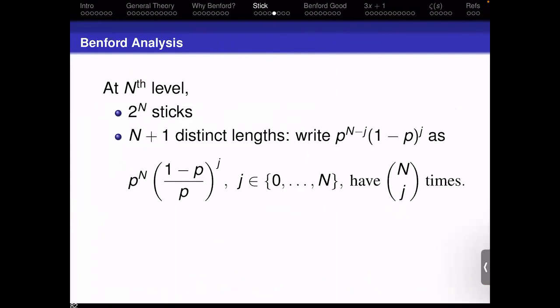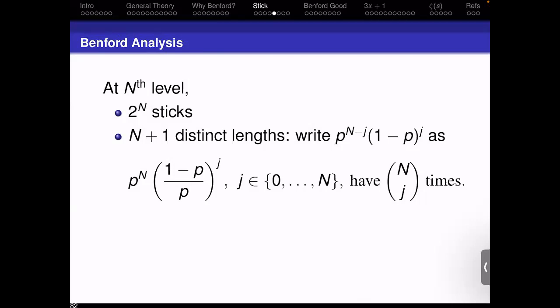And we can now see that as we go from one length to the next, we just multiply by (1 minus P) over P. And so if (1 minus P) over P is either a power of 10 or a rational root of 10, then we see that we're going to have something that's cyclic. And every so many iterations, we will just return to where we start. And so again, we can see the algebraic structure of the number, this time (1 minus P) over P, is going to come into play and is going to affect whether or not we have Benford and how quickly Benfordness sets in.